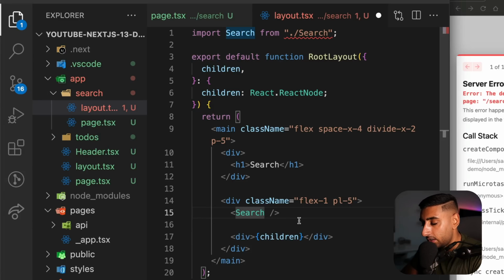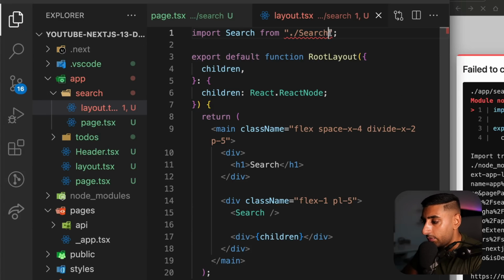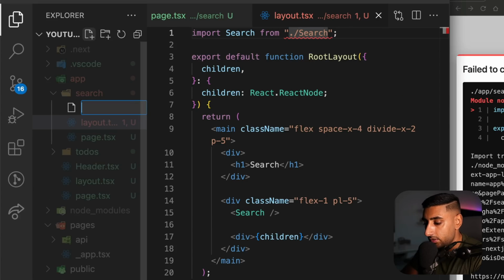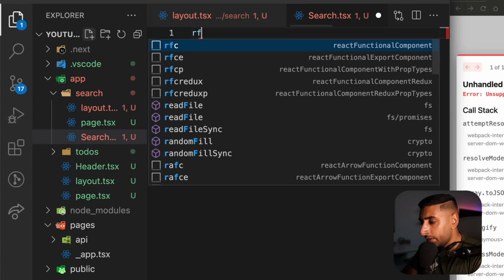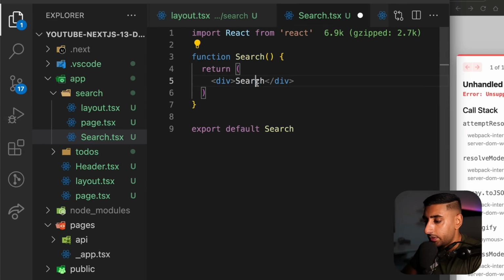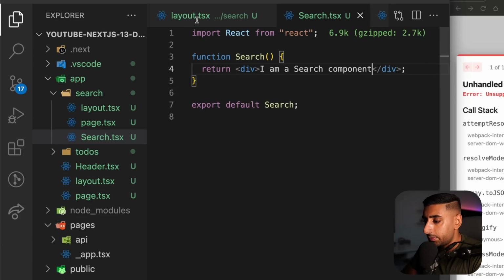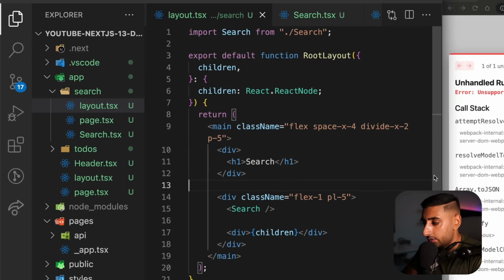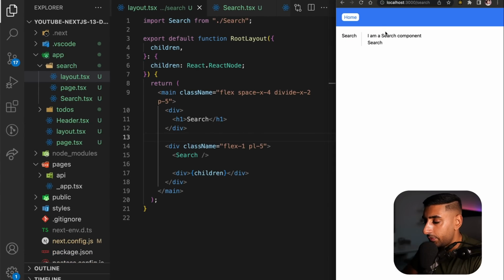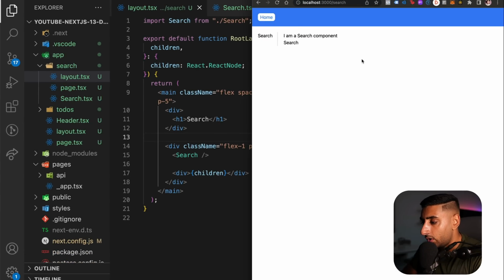We need to create a search component, so let's do that right now. We're going to create a search.tsx component, and let's pop in our search component. So say I am a search component. Very simply, just like that, we now have a search component. Let's hit refresh, and as you can see now on my screen,